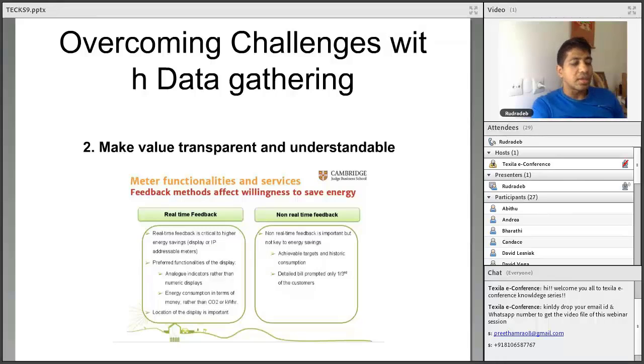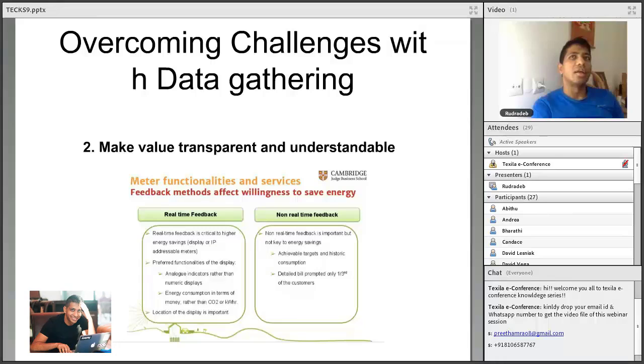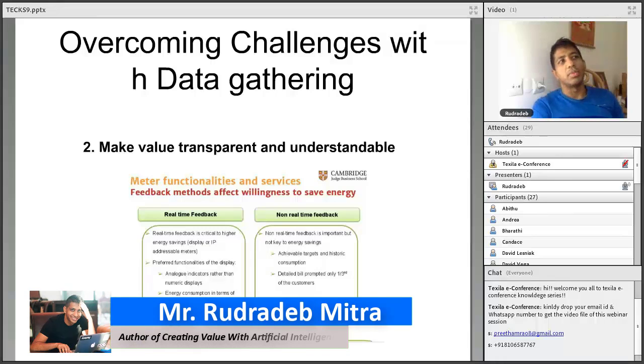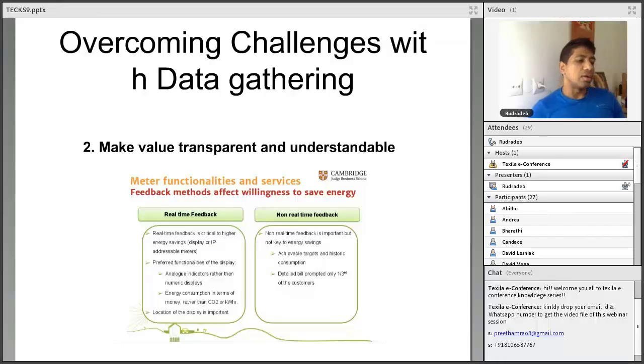When we studied their work and spoke with people and studied different parts of the world, we saw that just having a smart meter in your room is not enough for people to adopt it. Perhaps a lot of people come from a background in the IoT space, and IoT has not been adopted that well in the consumer space because the value is not very transparent and not understandable to people.